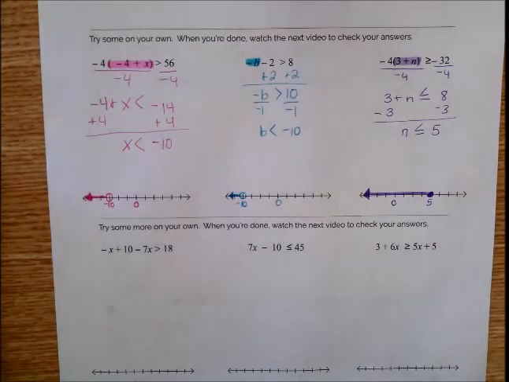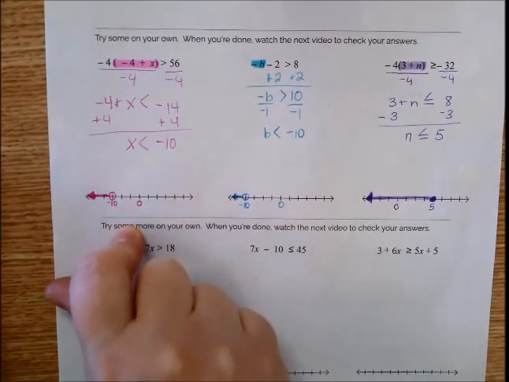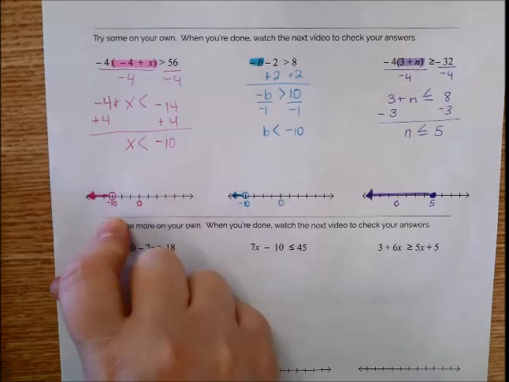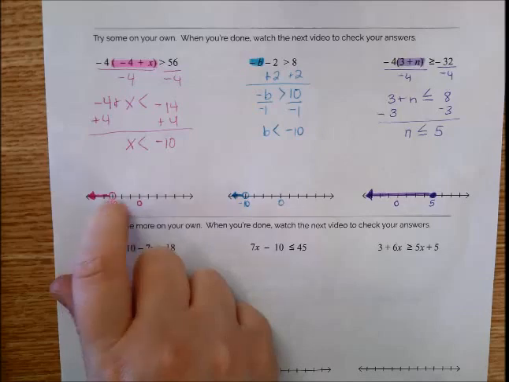Please check your answers to these first 3 problems on the back. Your inequality answers and your graphs need to both match. So for the first one, x is less than negative 10. Your graph should have 0 and negative 10 on it, an empty circle at negative 10, and you should shade